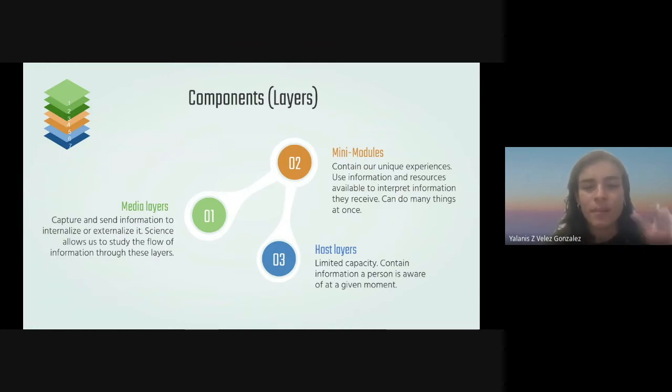So when we talk about the media layers, they are outside of our minds, and they include our body, its physiological processes, everything that goes on inside of our body, as well as our surroundings. We can say that this is the most concrete or material layer because it includes everything we can see, and we have been able to study these types of energies and our surroundings and our bodies thanks to science. And so that means that we are able to track the flow and the exchange of information in the media layers.